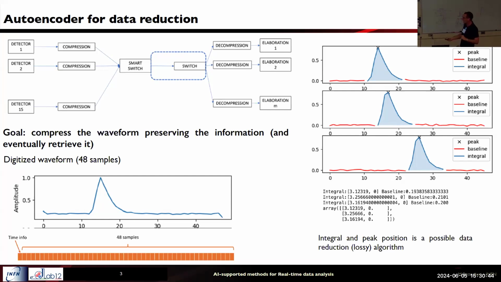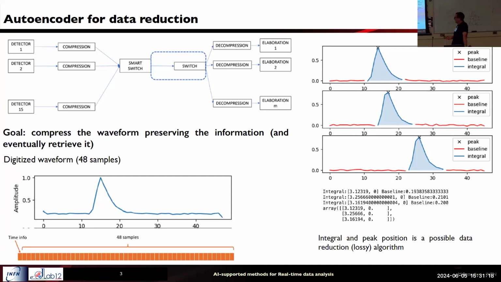Okay, here is time. I hope if anything is not clear, please interrupt me and ask. This is time, this is voltage. And again, this seems to be continuous, but actually it is digitized. It is 48 samples. And the value that you have here, as you can see, is not zero. So step zero, you want to identify the region outside the peak and subtract that. This is the baseline, and this is the prepared signal that then can be fed to the